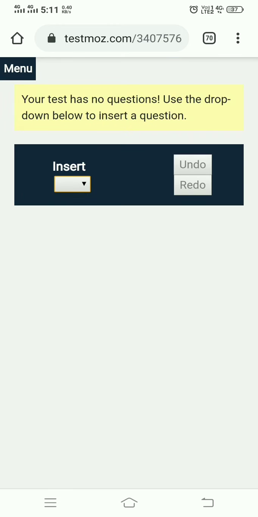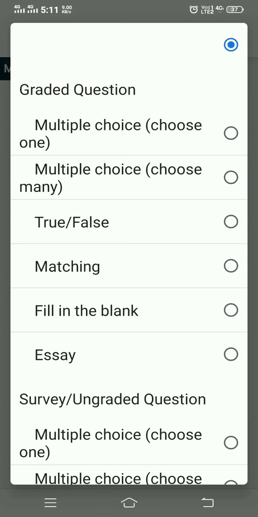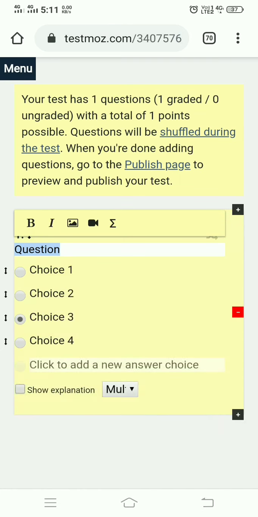You can insert one simple question. For example, here there are six question type options available. Survey is not available inside the free version, so we just choose, for example, multiple choice questions.